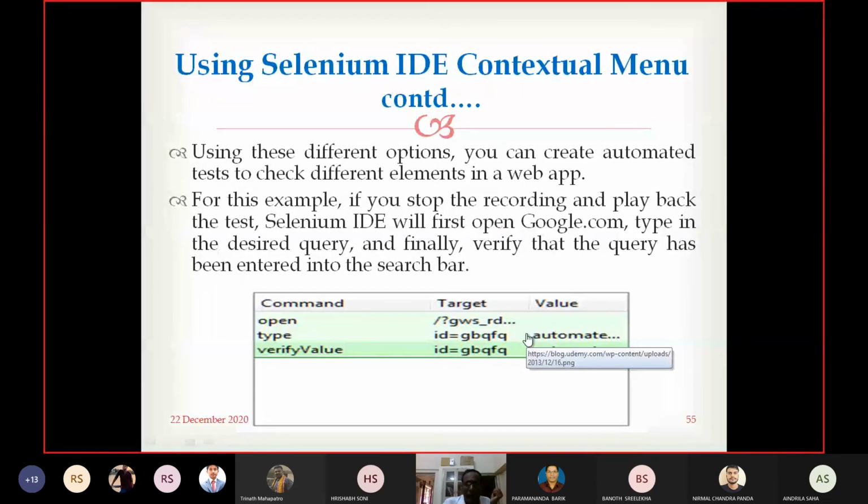Who verified that? The Selenium tool. It verifies that the search bar is not empty, that there is at least some value there. What is the value here? Automated testing. Verify value: automated testing is there.